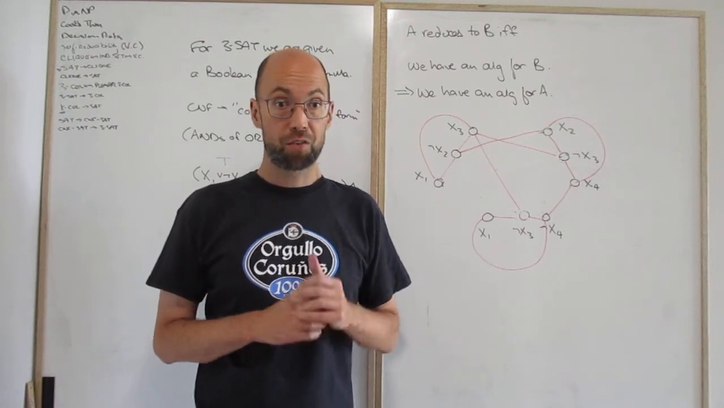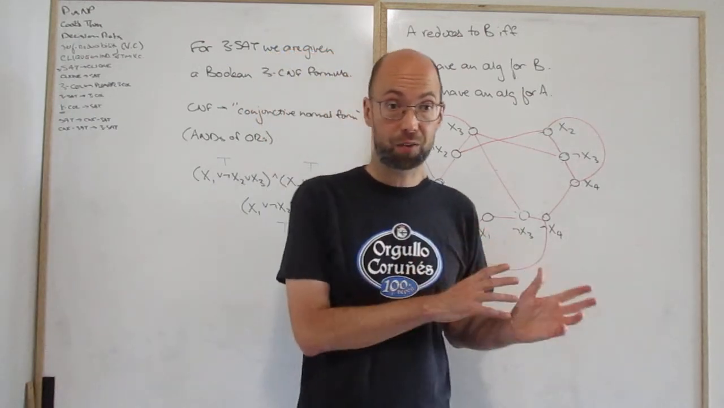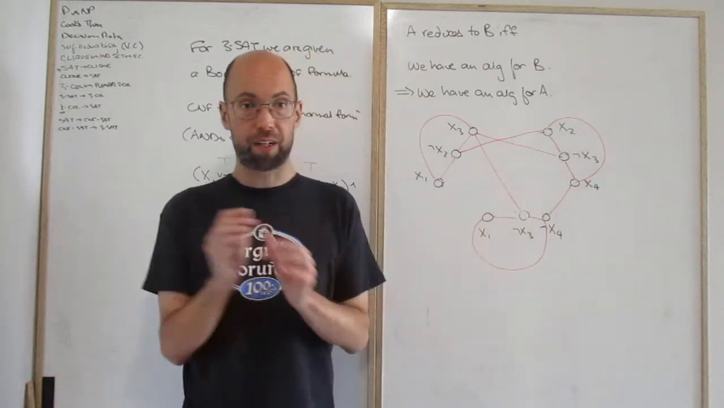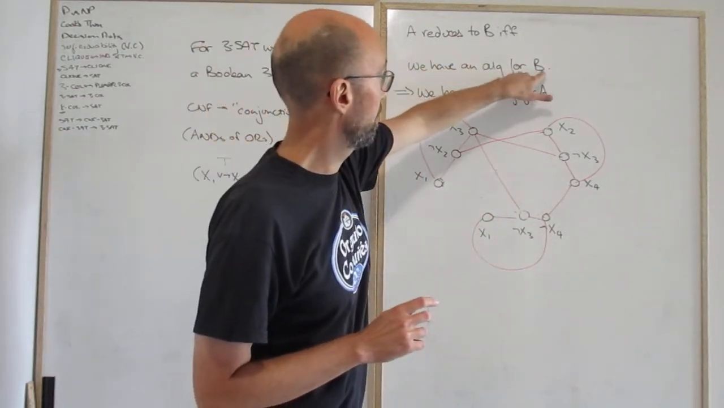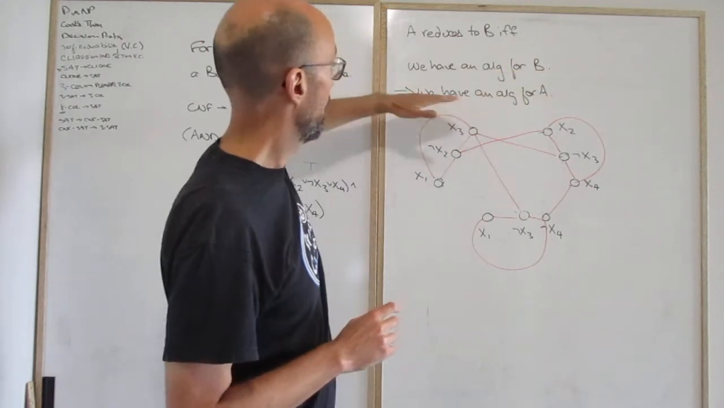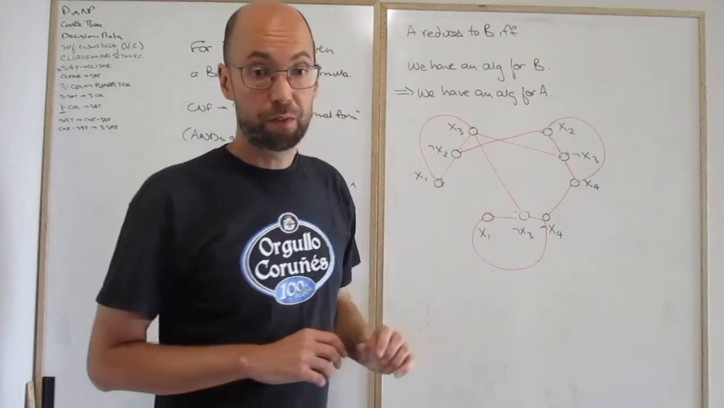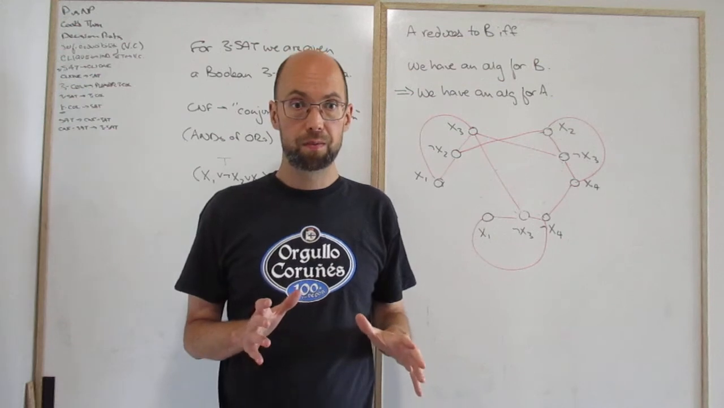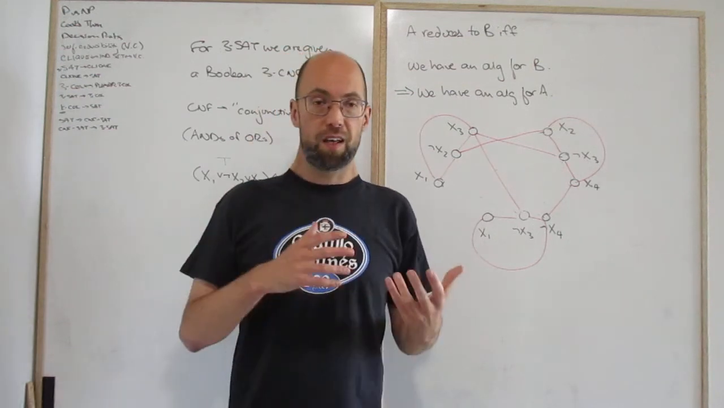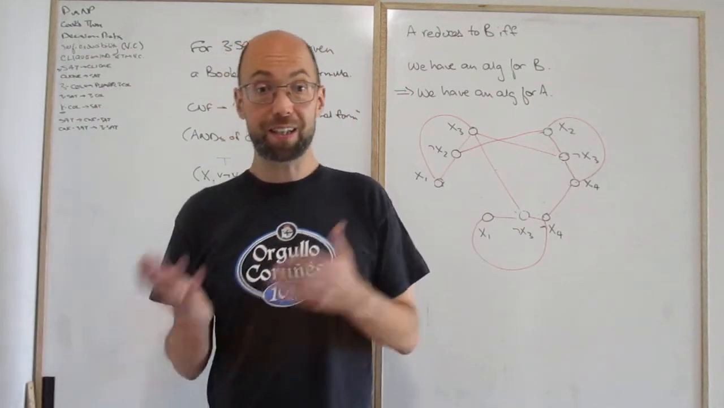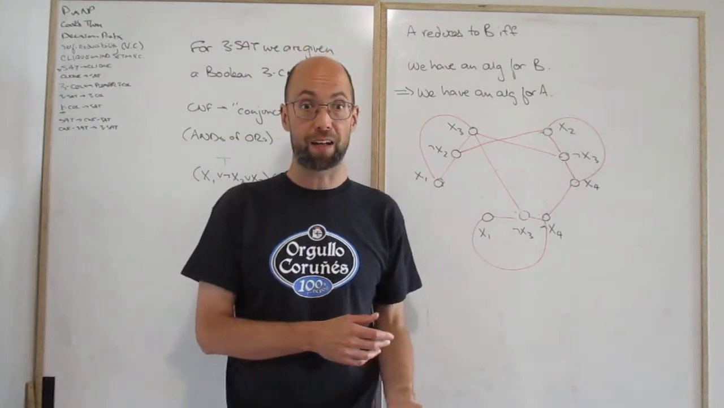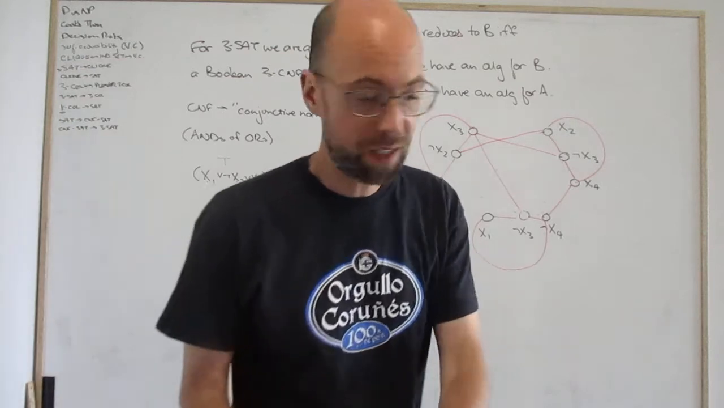Okay? So that means if we have an algorithm for independent set, then we get an algorithm for 3-SAT. And therefore, since if we have an algorithm for clique, we have an algorithm for independent set, if we have an algorithm for clique, then we also have an algorithm for 3-SAT. So you can see